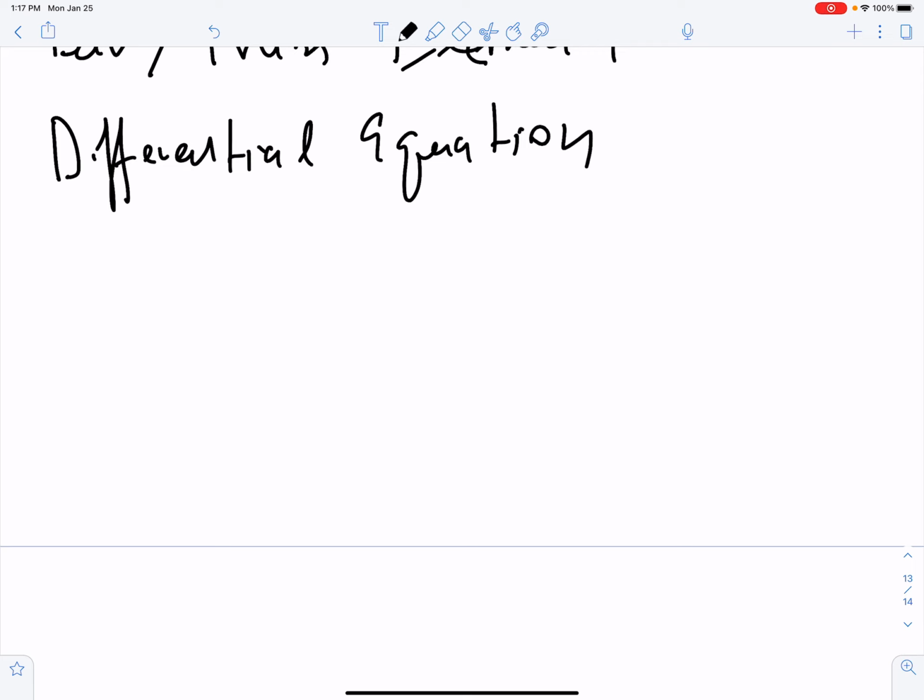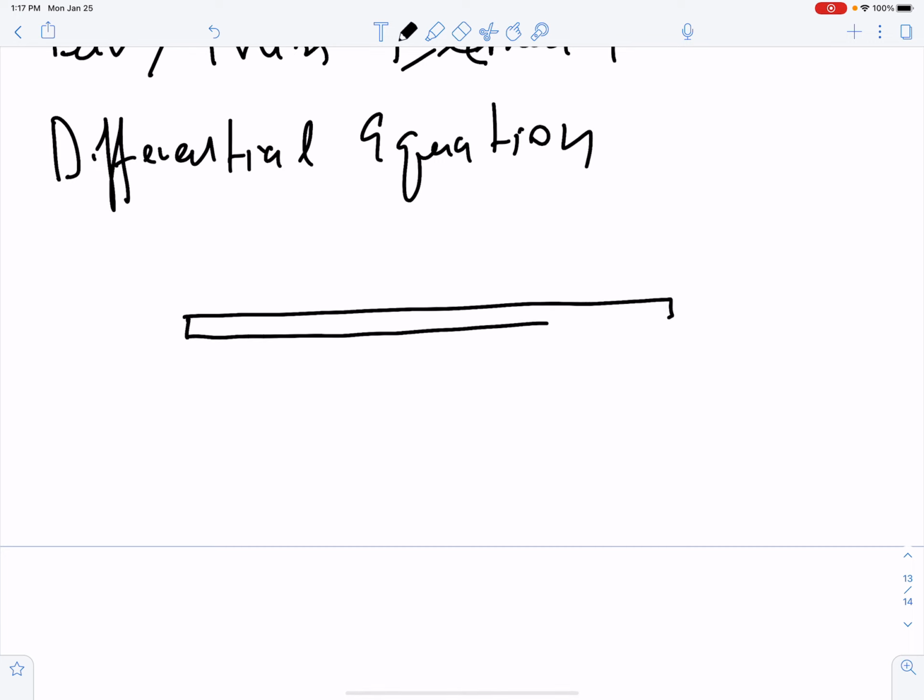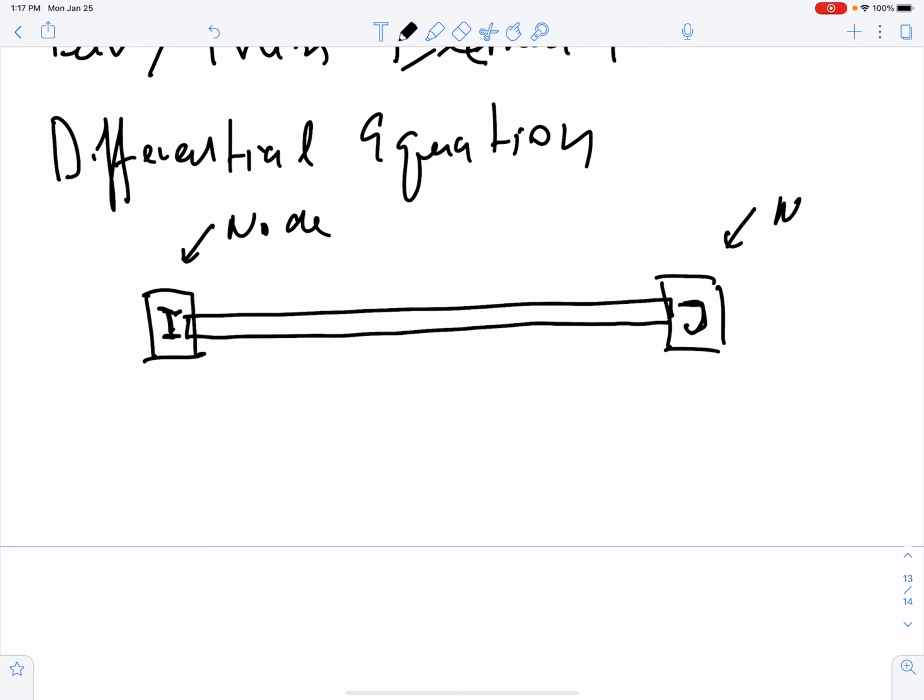So as with everything in this course, we're going to consider a one-dimensional element. Okay. Looks like this, so it's much longer in one dimension than in the remaining two. Okay. The endpoints of the element I will denote as nodes. Okay, and I'm going to call this a generic node I. This is going to be a node J. Okay, node. Okay,